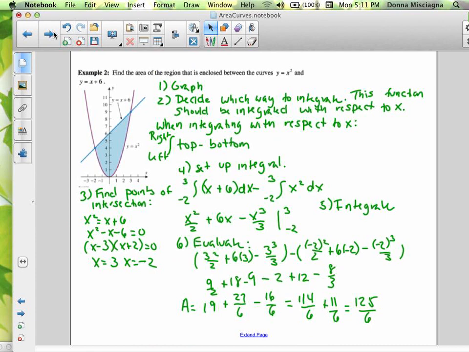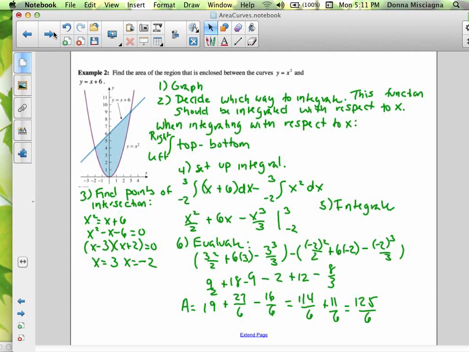Number two, we want to decide which way to integrate. All right, so this should be integrated with respect to x. Right? Our y's are isolated. So when integrating with respect to x, we integrate top minus bottom. Right, and our points of integration go, the right is going to be the upper, the left value is going to be the lower. All right, so number three, to find your points of intersection, you set those two things equal